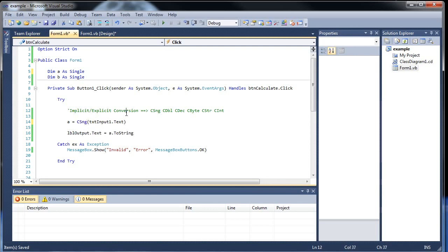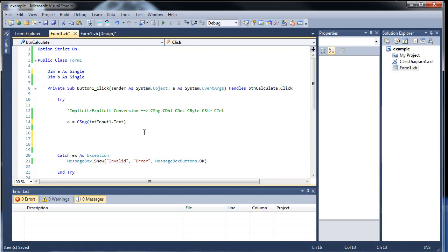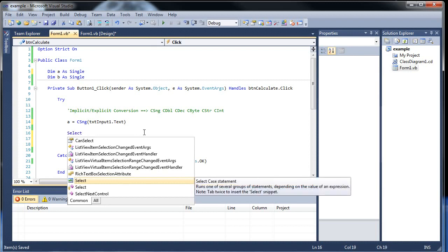Now we did if statements before, but there's actually a different way of handling decision making as well. And that is what is called the select case. In other programming languages, this is known as the switch statement, and it really does work the same way. So what you do is you type in select case